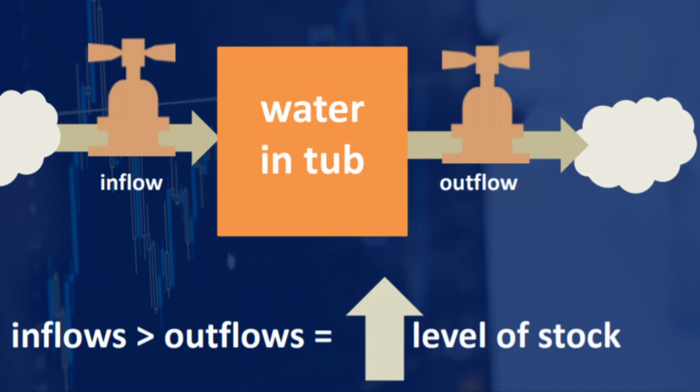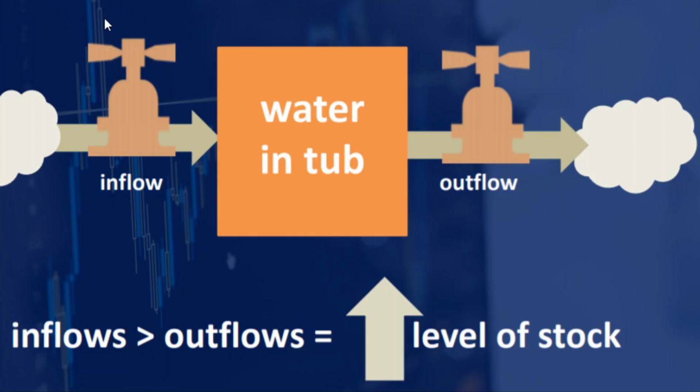Anong ibig sabihin yan? Anong implication? So, the rule is, if the inflows are greater than the outflows, okay, there is a higher level of stock. Kapag mas malakas inflow kaysa sa outflow, syempre, mas maraming stocks. For example, personal money. Halimbawa, yung pera mo sa bangko. This is your money in the bank. Syempre, ang inflow natin dyan, pag nag-deposit ka, interest, ayan, so nag-save ka, nilagay mo dun sa bank account mo. Now, your outflow would be, nag-withdraw ka.